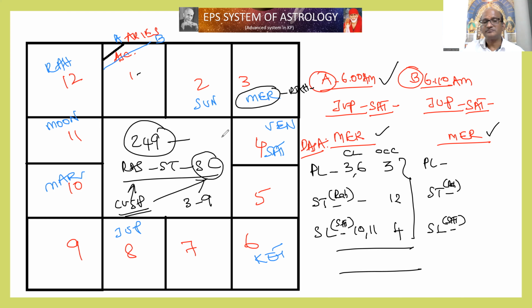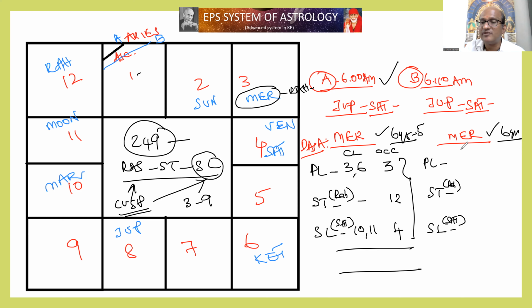Within 10 minutes, the cuspal movements will be there, but the planetary positions will almost be the same. So what will happen for the person who was born at 6:10 a.m.? He is also running the Mercury Dasa. This person may have, say, a balance of 6 years 5 months of the Mercury Dasa, while the other person may have only, for example, approximately 6 years. Only the time duration will vary because of the 10 minutes, but the Dasa Lord is the same.